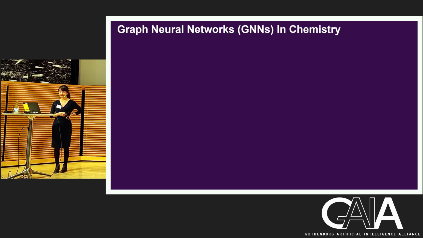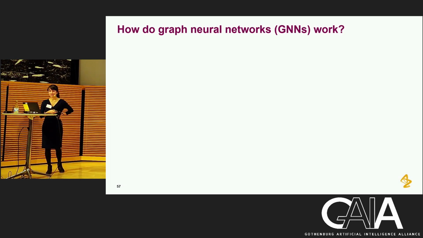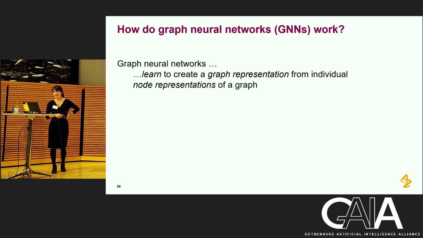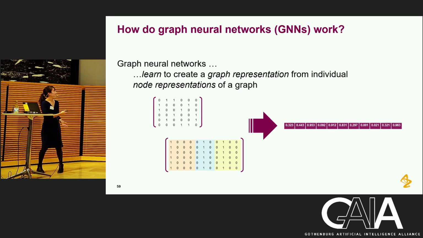So now I'm going to talk about graph neural networks, specifically with applications in chemistry. How do graph neural networks work? I have first a simple walkthrough for anyone who hasn't worked with them before. Essentially, graph neural networks learn to create a graph representation from individual node representations of a graph. This is a complex way of saying you have your graph representation here, which is a collection of different matrices, and what you could do with a graph neural network is convert all this into a single vector, which would contain all the information that you need